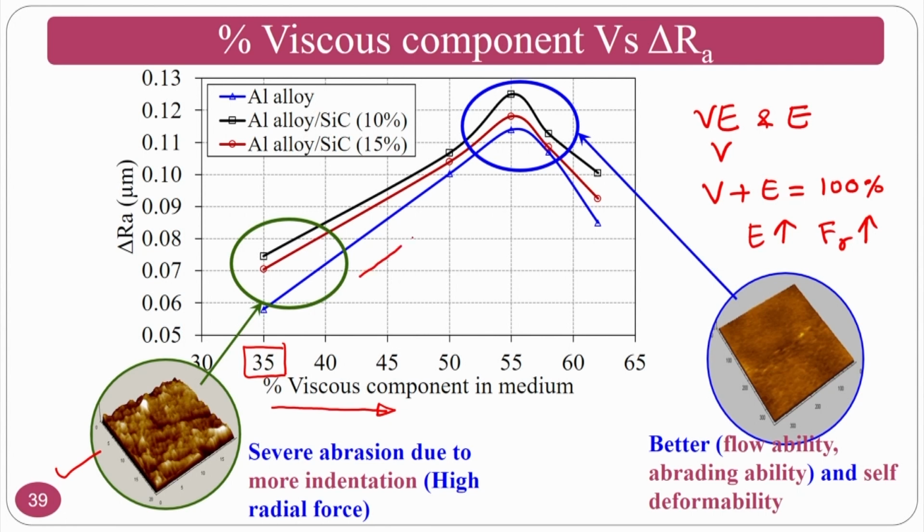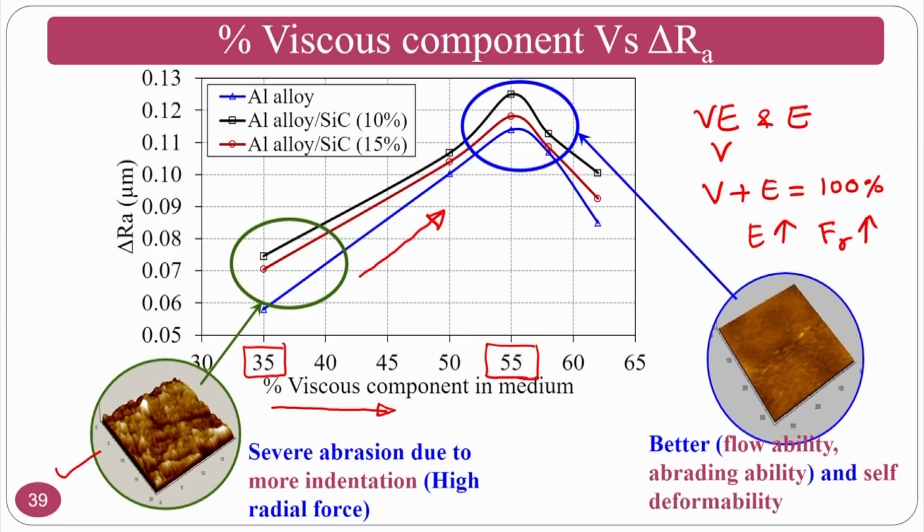Okay. As you increase the viscous component and it reaches a good value, that is 55. At 55, it is maybe optimum, with better abrading ability because of optimum values of axial force and optimum values of radial force. You have sufficient radial force so that it will indent sufficiently, and you have sufficient axial force, because neither the radial force is big nor the axial force is big. So you have an optimum value, or a compromise between the two values, and you are going to get better abrading ability, better flowing ability and better